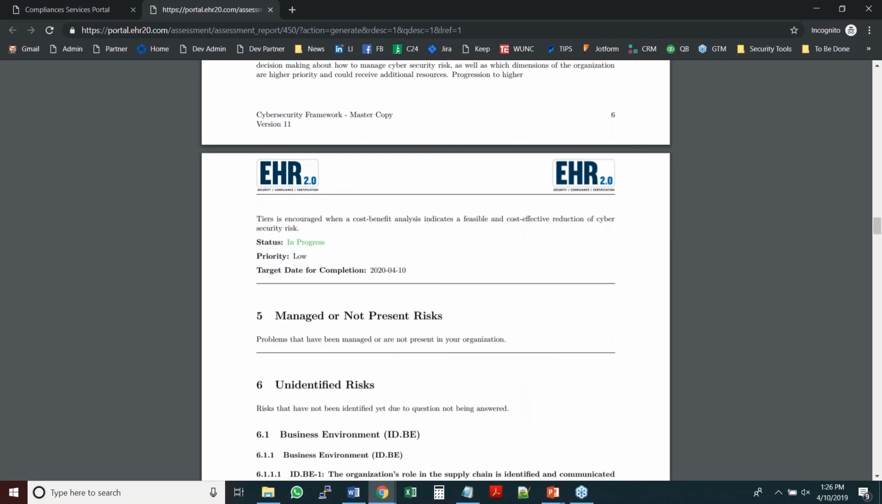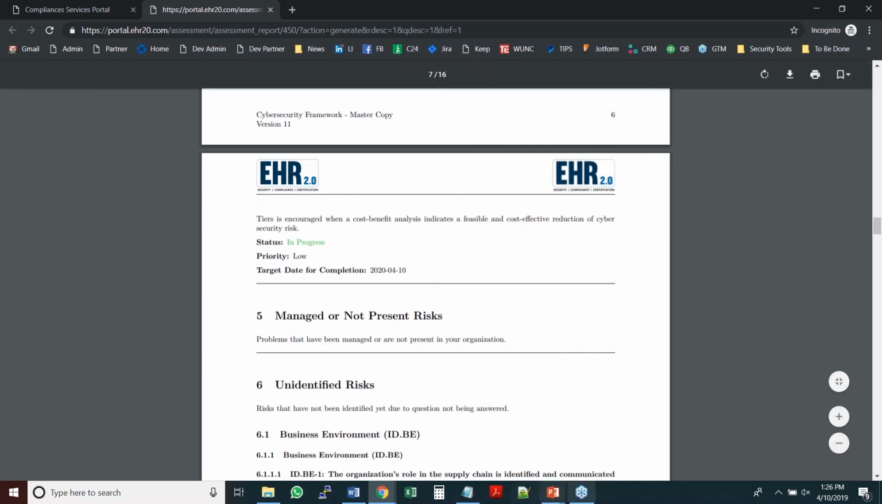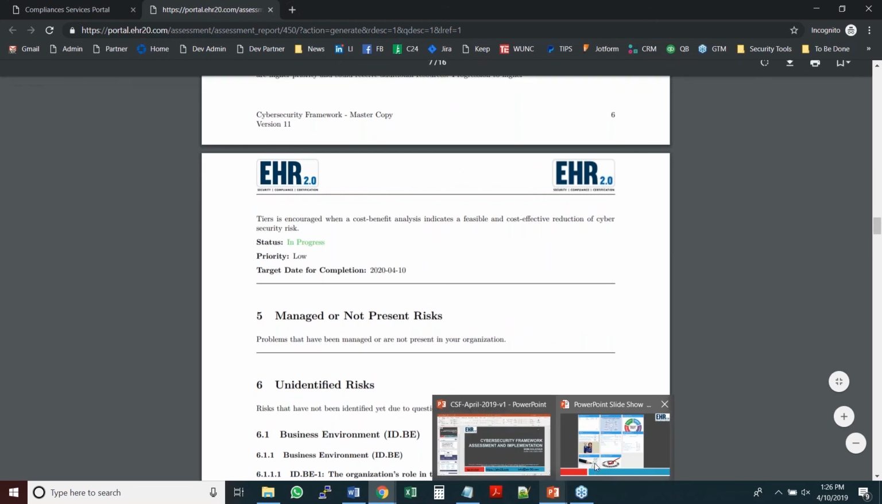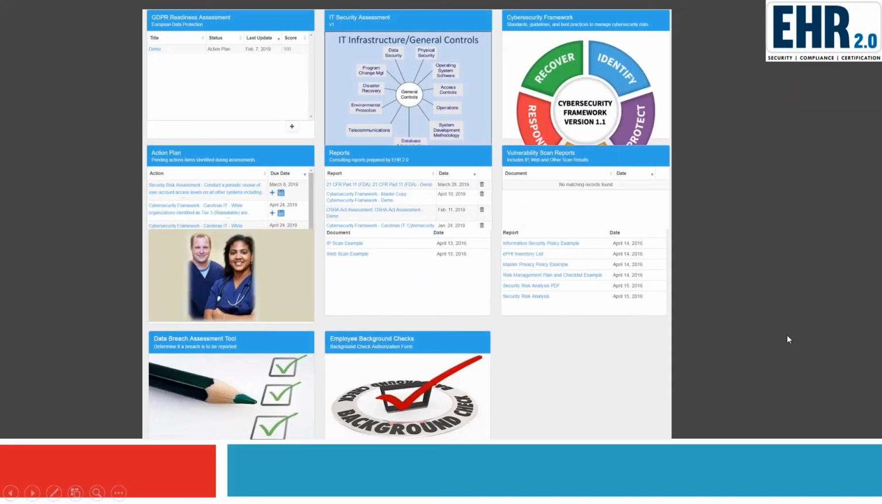So that is, at a very high level, how you would go about doing a cybersecurity risk assessment, to make sure you see what all the different areas are where you meet your target, what areas you still have gaps in, and what kind of plans you